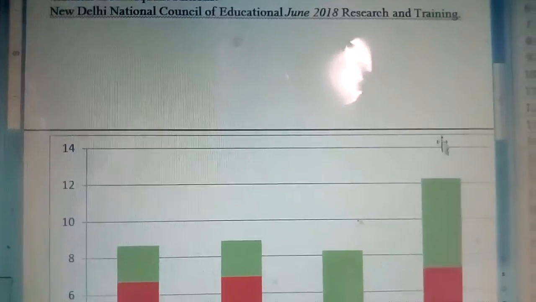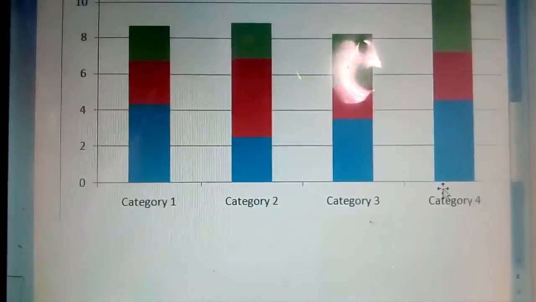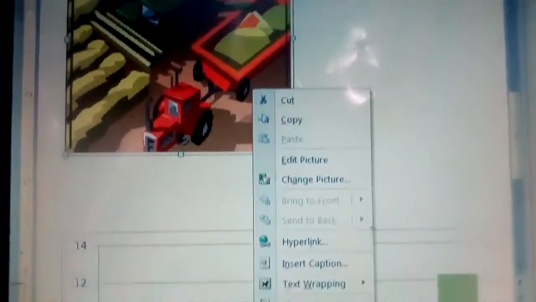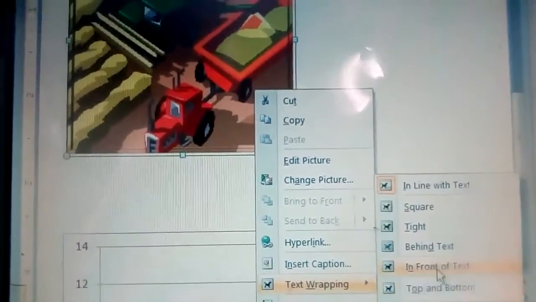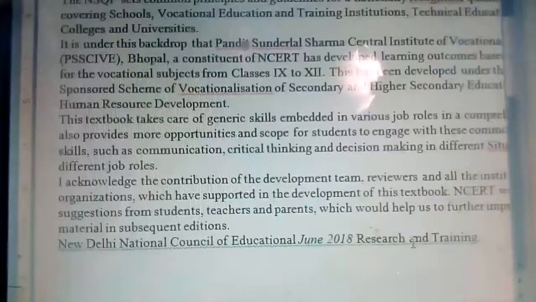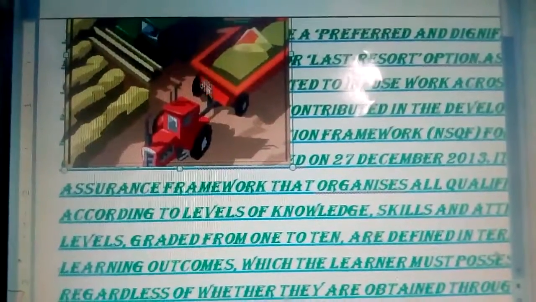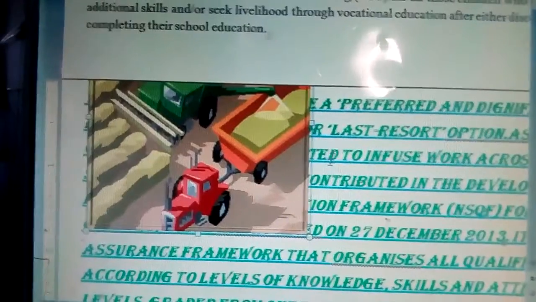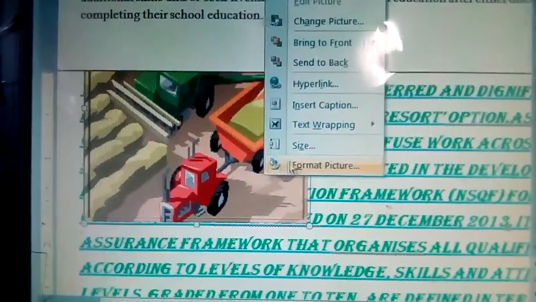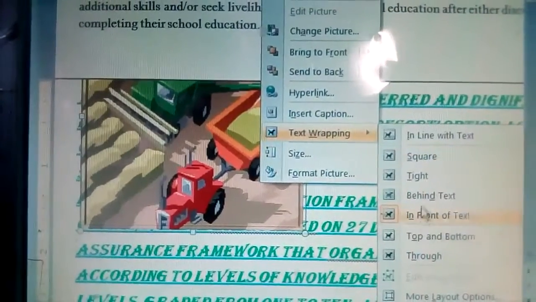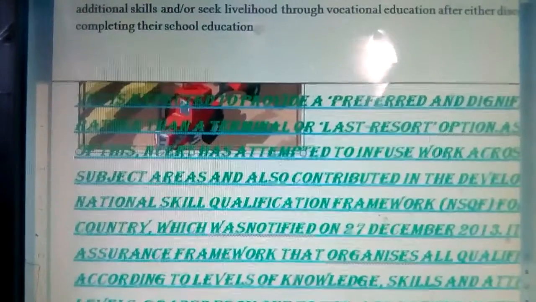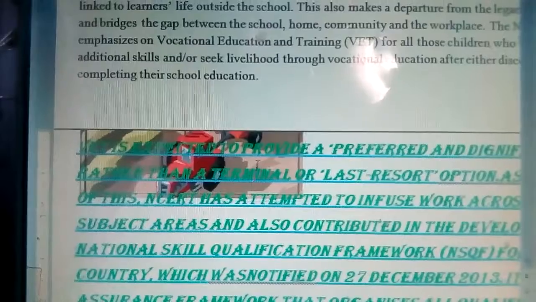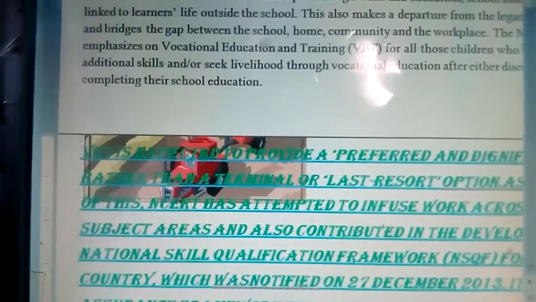Actually it is wrapped through. So again I am showing you, if you right click, text wrapping, in front of text, you can see it in front of text here. Okay, so this is the way. If you do behind the text, just see, behind the text it has gone. Okay, so in this way you will get the image text wrapping.